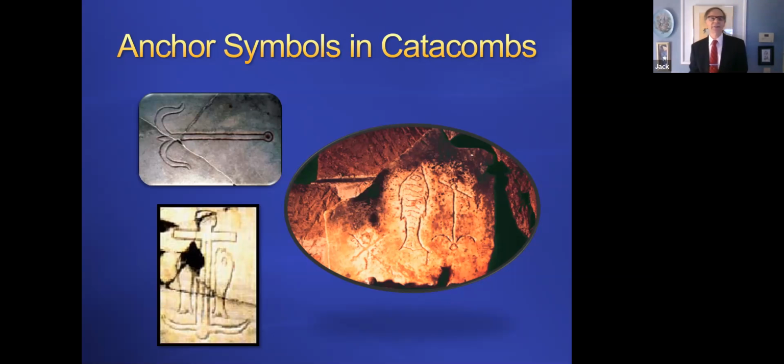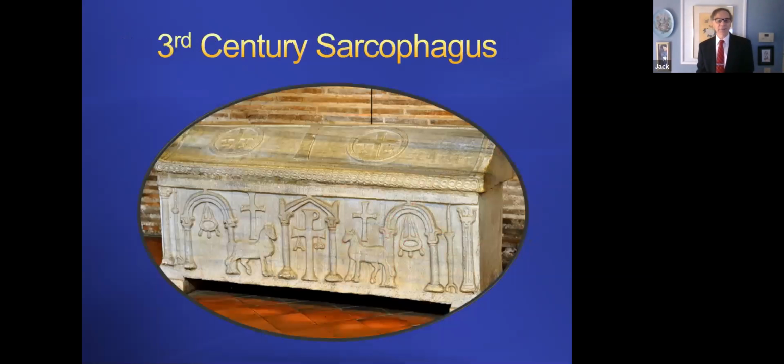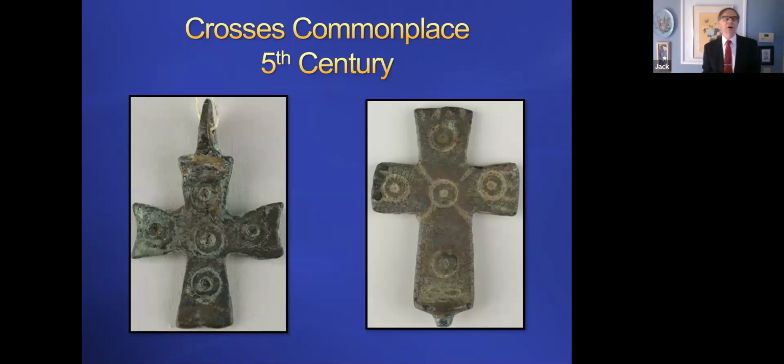And if they did use crosses, they would use something where they couldn't be harmed. So they would put it on something like a sarcophagus, where the guy was dead already and you couldn't do anything to him. But once Constantine came in and made Christianity one of the official accepted religions within the Roman Empire, people started to use crosses.